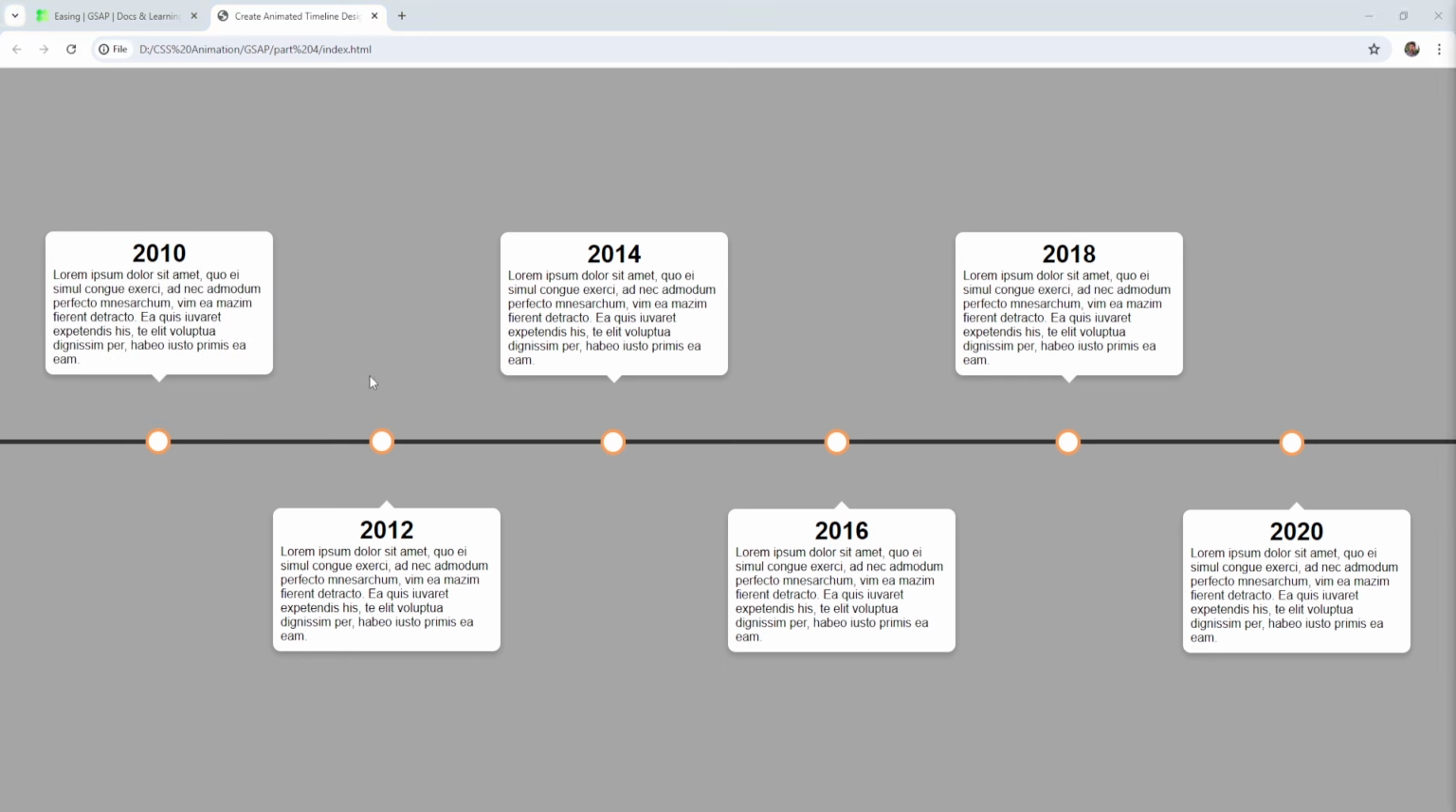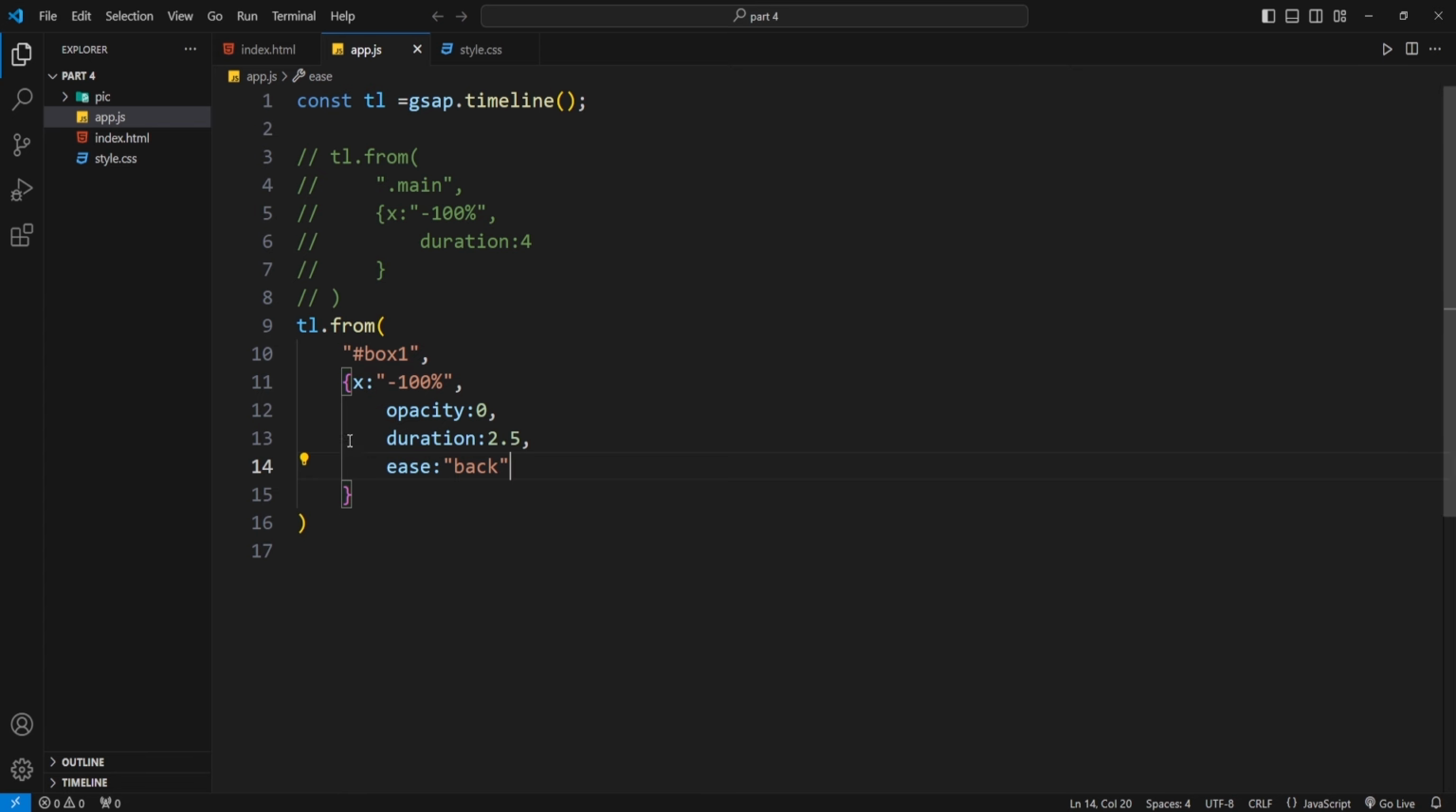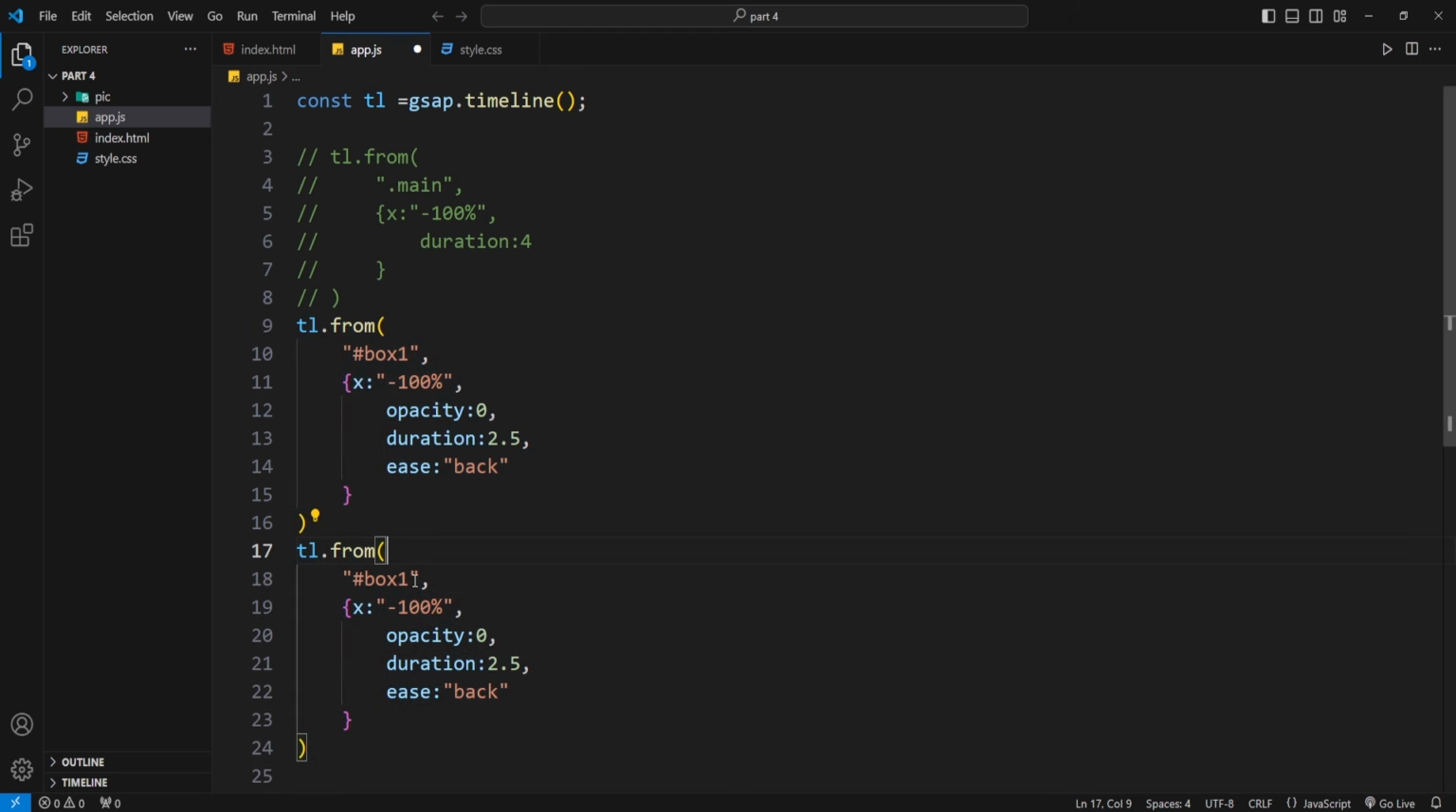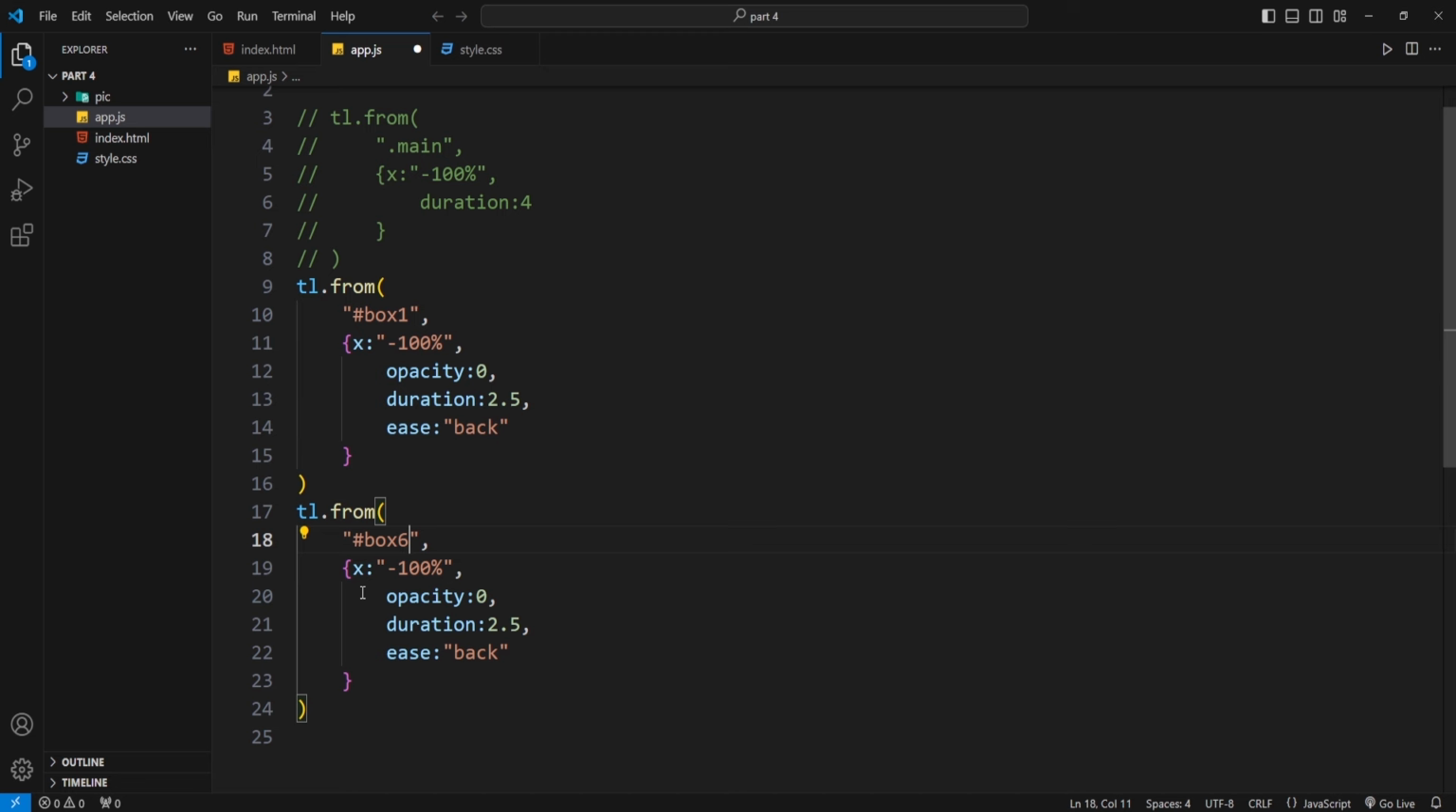Now, in the same way, I want to bring this element from the opposite direction. I want to bring this element from the right side. This time, I want to bring our last element from the right side. So I'm going to duplicate this section, and this time I'm going to select box number 6 because this is the last box. We select this box using its ID name, and then I'm going to change the x-axis position